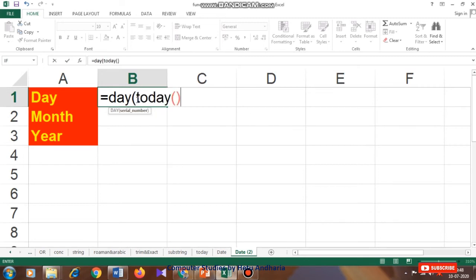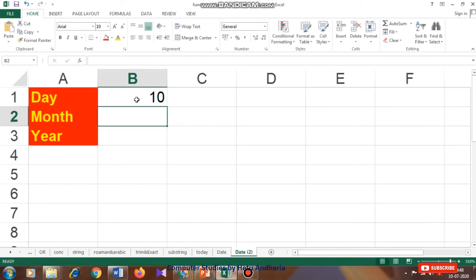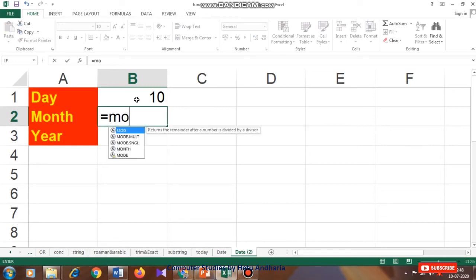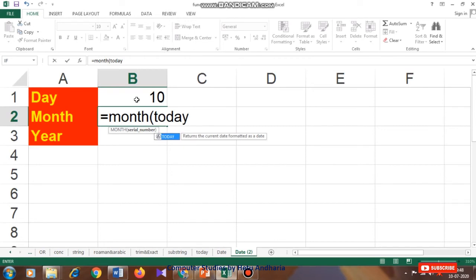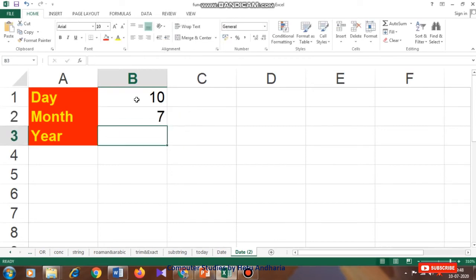Then it gives that today is the 10th, right? Fine. So the 10th day of this month. Then the same thing, we use the same with MONTH and the TODAY function. Then it will separate the month and give us the month in the output. This function is also very useful.